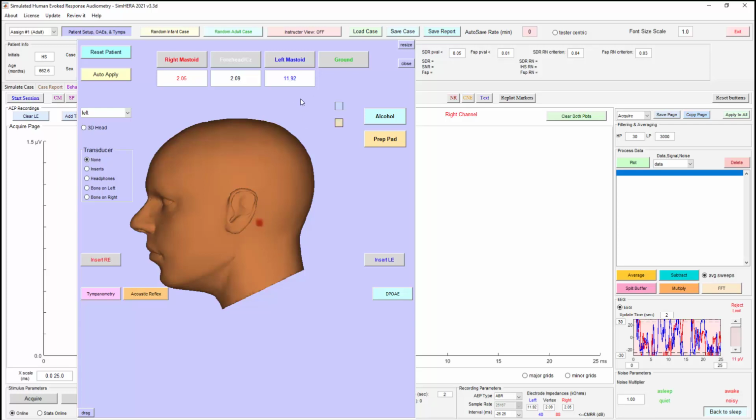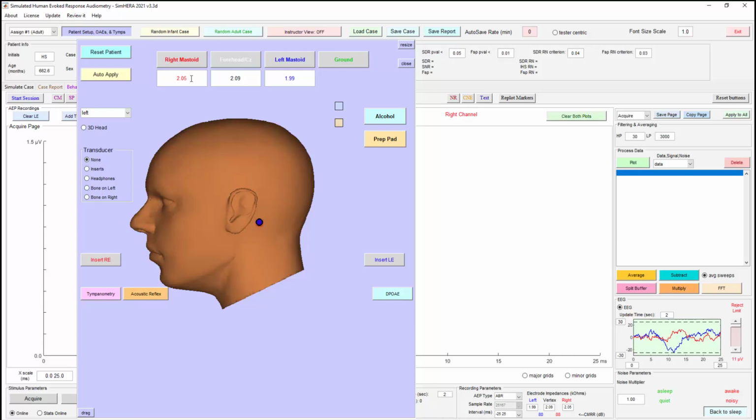Oh, and I rubbed a little bit too much, and the patient got a little upset and went, "Arg, that hurts." And when you put the electrode on, they might do the same. So if your EEG doesn't update, now it's updating, and we can see that if I were to pull the electrode off, we get a lot more noise in that blue channel, which is the left mastoid,